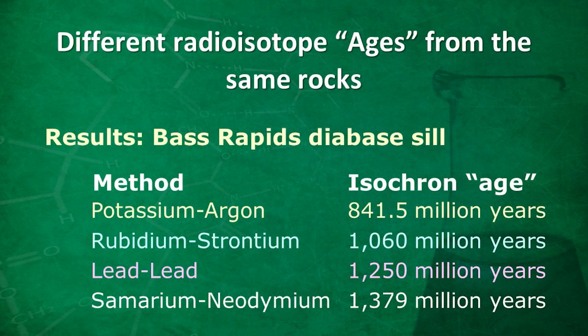It's like having 4 hourglass clocks with just different size sand grains. They should have all started at time 0 with all the parent atoms in the rock and no daughter atoms, and through the same real time since their formation, they should have formed daughter atoms, and we should have been able to get the same age. And yet they got different ages, which meant that according to the sizes of the different radioactive atoms, their decay would have been speeded up by different amounts,